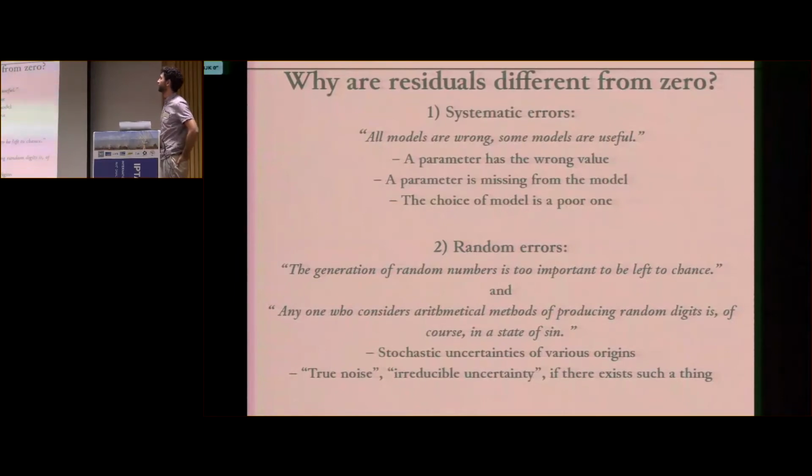And this is a funny quote: "The generation of random numbers is too important to be left to chance." But more importantly, you can't actually ever really pretend that random sources of error can be described in a deterministic way, right? You shouldn't do that. And I think this was John von Neumann, who was a Hungarian. So anyway,